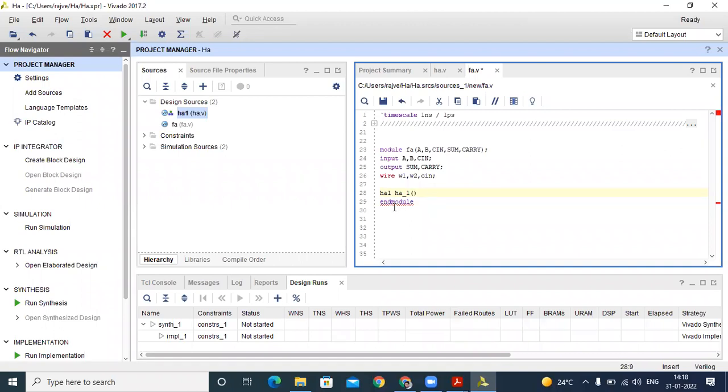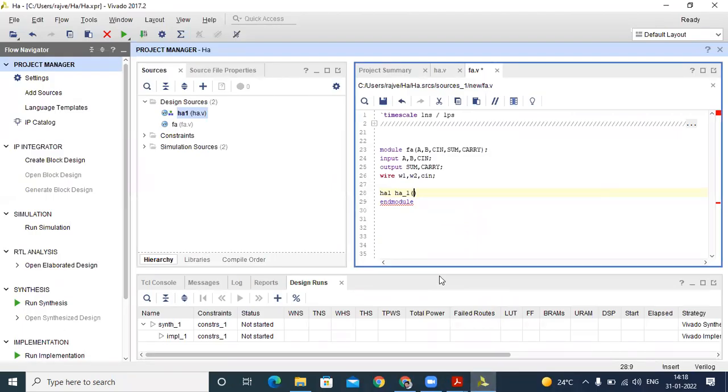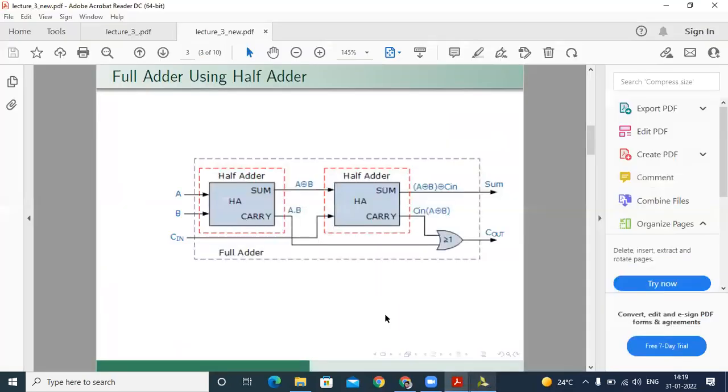After that, how do we connect the ports with respect to our top module? In this half adder, you can see in this structure, this one is the first adder. Suppose we take this half adder first. This adder has A and B, and the top module also has A and B, so they are connected to our top module. You can see here, the top module inputs are A, B, and carry in, and the half adder inputs are A and B. So here we connect easily using dot convention.